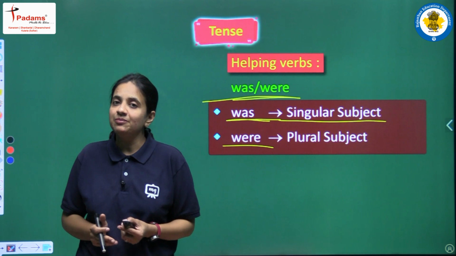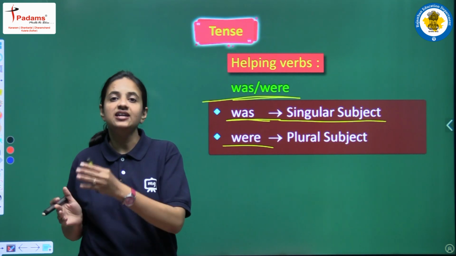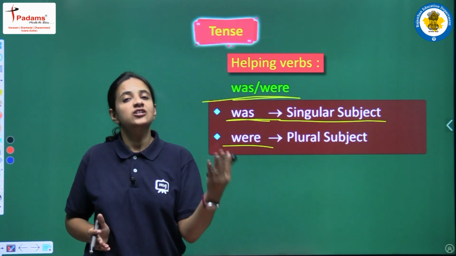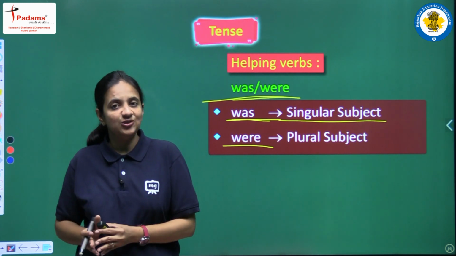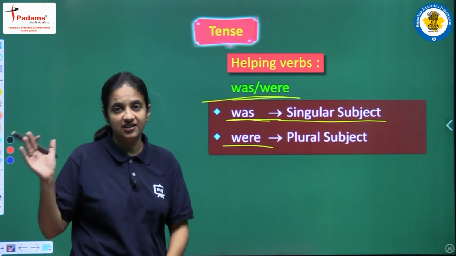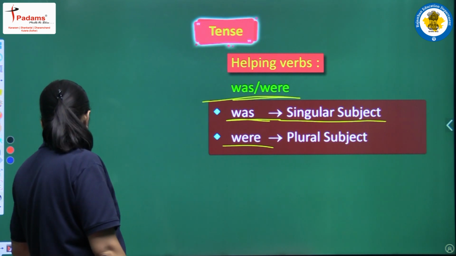इससे पहले हमने जितने भी tenses पढ़े हैं, so सब में हमने क्या किया था, we were considering I as plural, right? So जो helping verb plural के साथ ऐड होती थी वो हम I के साथ यूज कर रहे थे, right? So let's clear this thing.